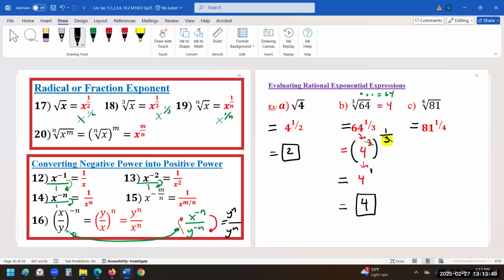Now fourth root. Fourth root is asking for what? The same number how many times? 4 times. So can you think of a number that, if you multiply the exact same thing 4 times, the answer is 81? 3. So you can directly write your answer is 3 because 4th root of 81 is 3. Or if you don't remember, no problem. All you have to do is rewrite your base. Keep your exponent 1/4, but rewrite your 81.